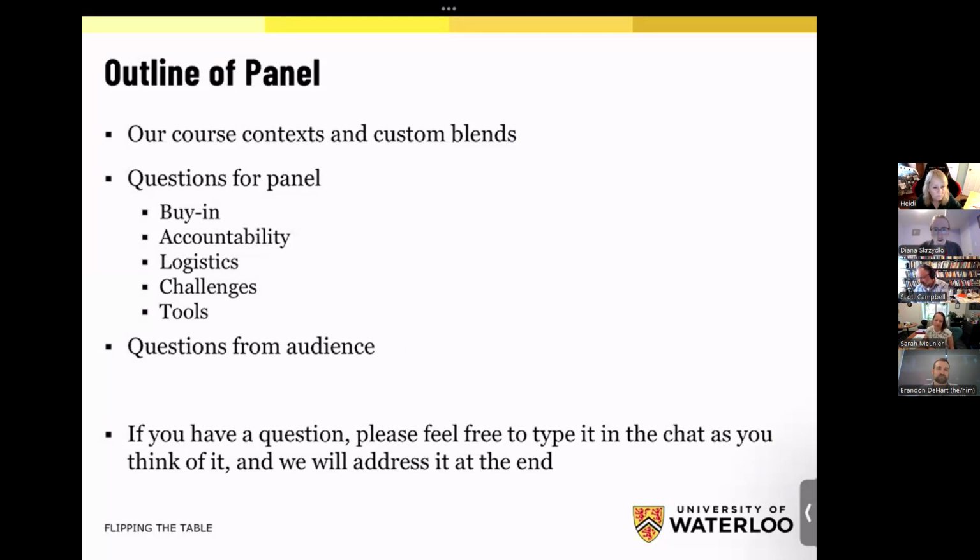There's a message in the chat. Oh yes, if you would like to enable closed captioning or view a live transcript, click on the live transcript button. And I don't know what the AI companion button does, but I, for one, welcome our new robot overlords. So we'll see. I have not clicked the button before, so I don't know what it does. But yeah, we'll take it from there.